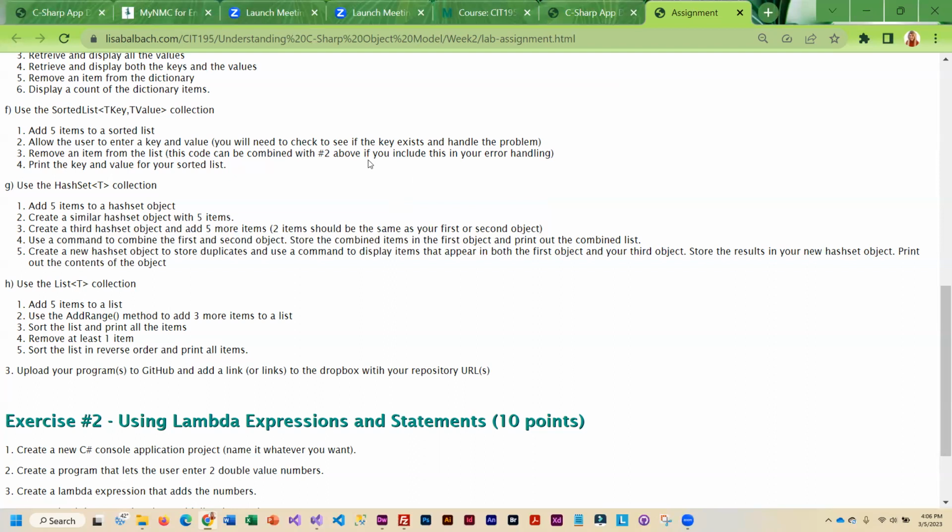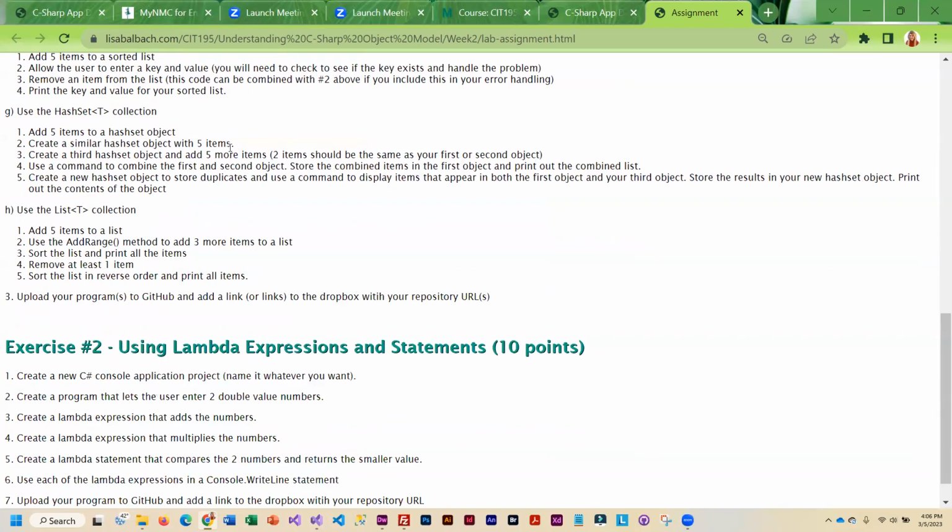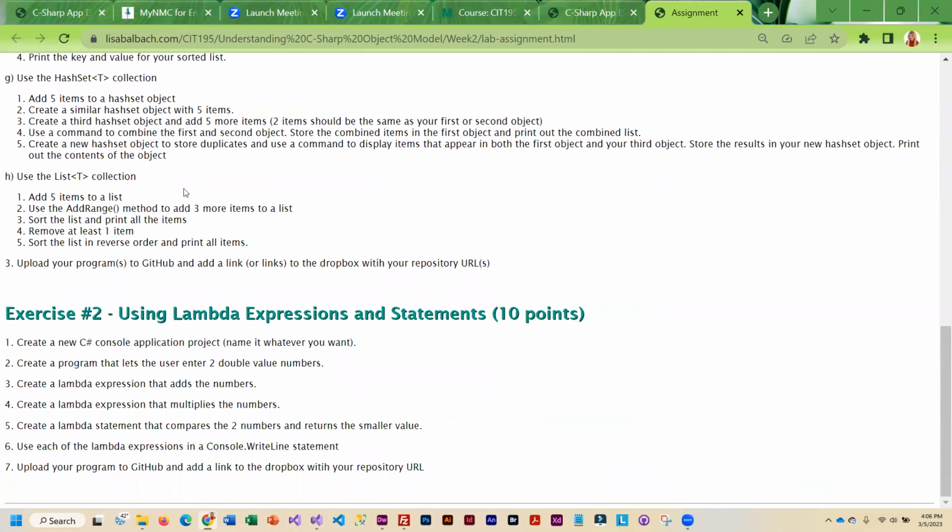Okay, and there are tons of examples for you guys to look at that are similar to what you're being asked to do. Okay, and once you're done with that,